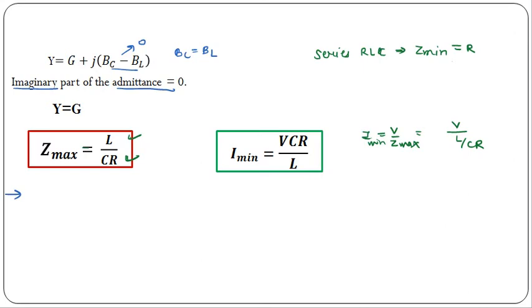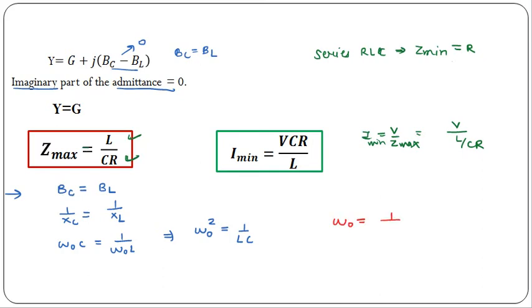So we have seen the condition that at resonance the capacitive susceptance should be equal to inductive susceptance. BC is the capacitive susceptance, the reciprocal of capacitive reactance, and BL is the inductive susceptance, the reciprocal of inductive reactance. We know that X of C is 1 by omega C, so it will become omega naught into C, where omega naught is the resonating frequency, and X of L is equal to omega naught into L. If we simplify, we get omega naught square equal to 1 by L into C. So the resonating frequency omega naught is equal to 1 by root